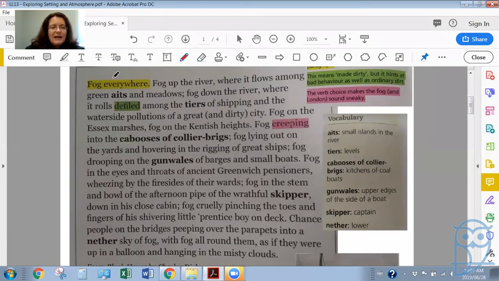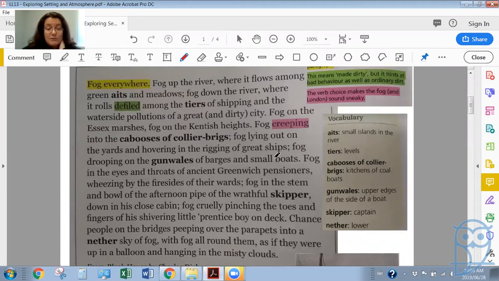Fog everywhere. Fog up the river, where it flows among green aits and meadows. Fog down the river, where it rolls defiled among the tiers of shipping and the waterside pollutions of a great and dirty city. Fog on the Essex marshes, fog on the Kentish heights, fog creeping into the cabooses of collier brigs, fog lying out on the yards and hovering in the rigging of great ships, fog drooping on the gunwales